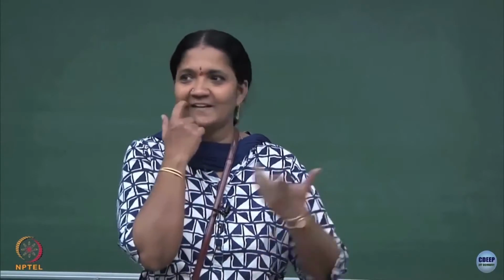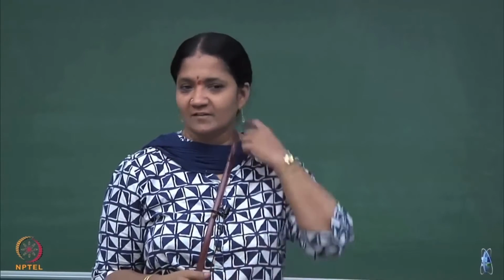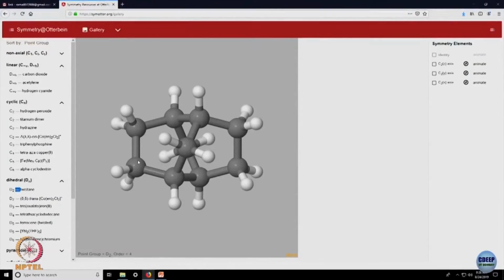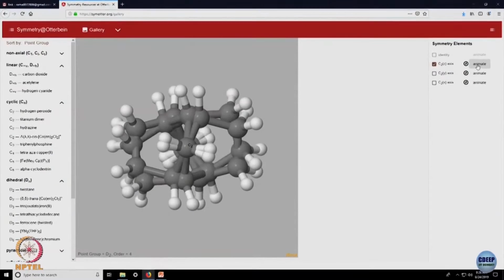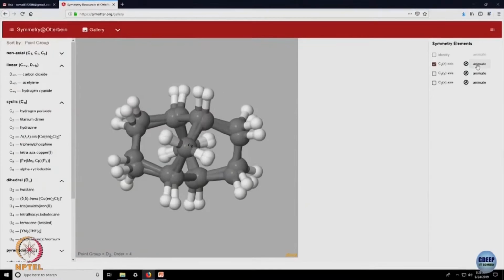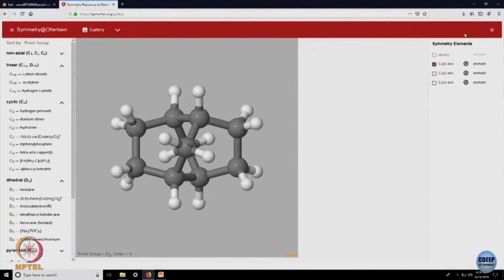So, someone was asking what molecules have what symmetries and so on, so I thought you should get a feel of it. Okay. This Otabian website is very beautiful. You can start going on to see what the molecules are, and then there is an animation on the right hand side. You can do the animation to see whether it has any symmetry. This is the C2 symmetry, where if you keep track of one atom, you can see that it goes to the diagonally opposite point and so on.